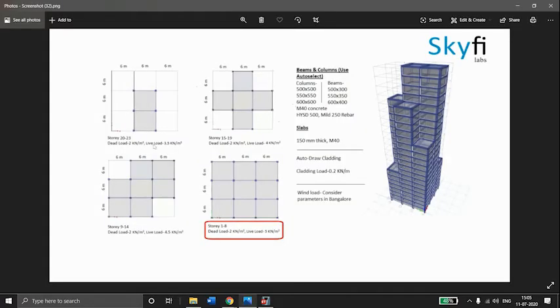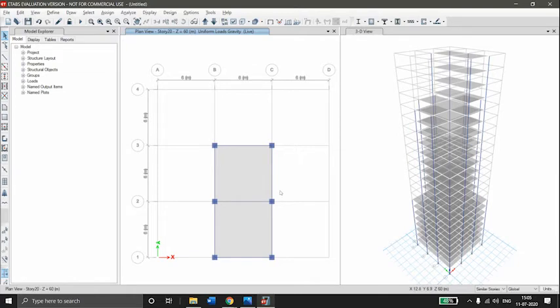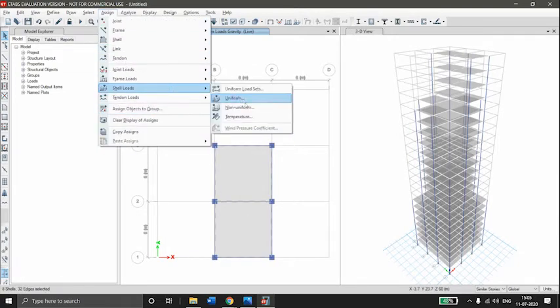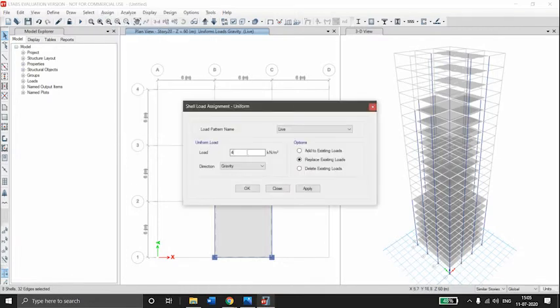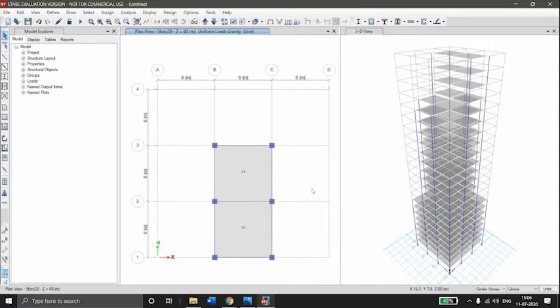For story 20 to 23, live load is 3.5. Select both the slabs, assign shell loads uniform, 3.5, OK, apply and OK. So now the live load and dead load is assigned.